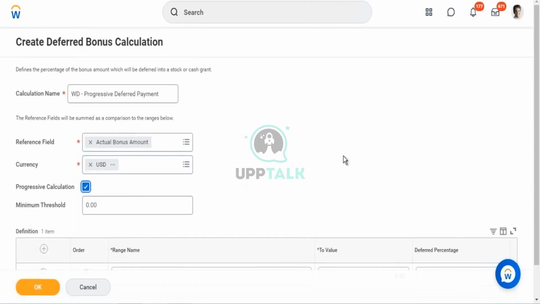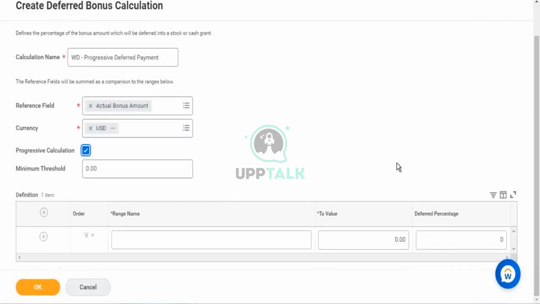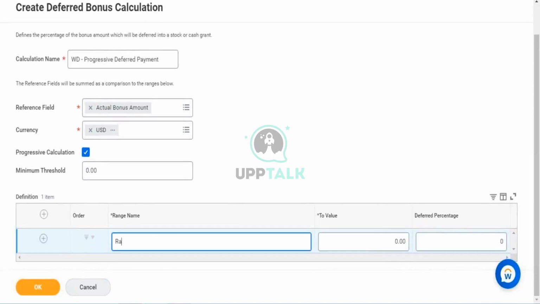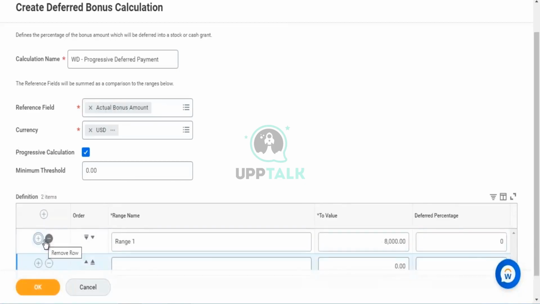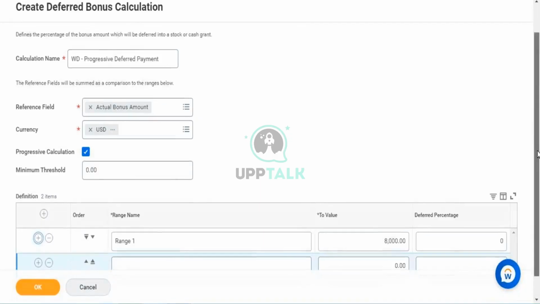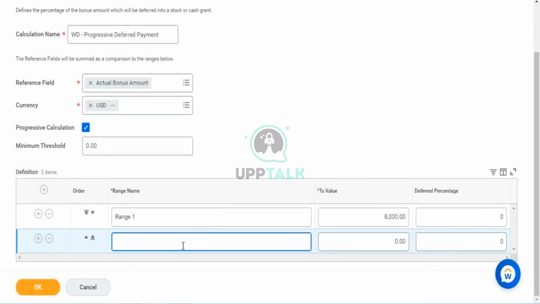We will be selecting a kind of progression calculation. I'll just give example 8 and deferred post. It is not give anything. We'll define multiple ranges here. And when we are assigning the process, we'll get to know